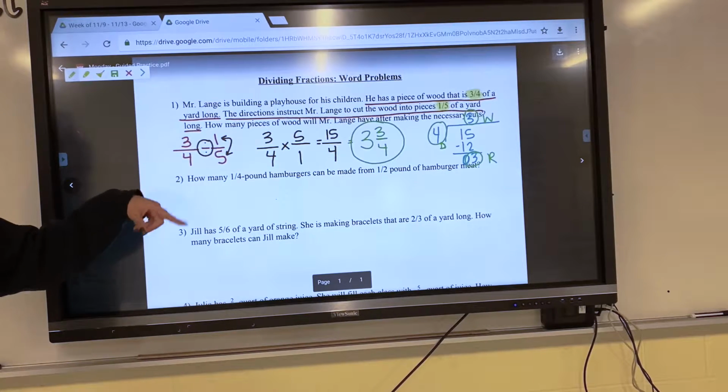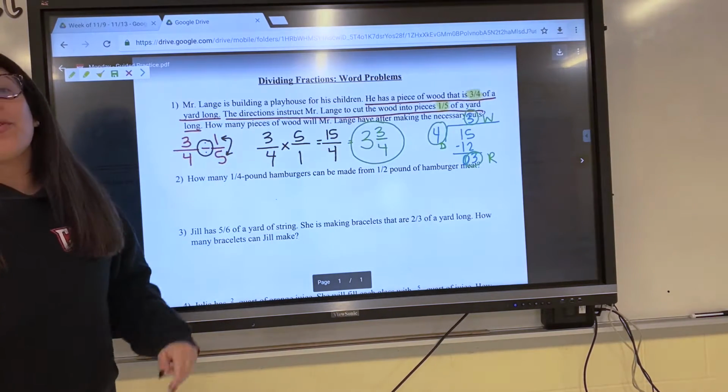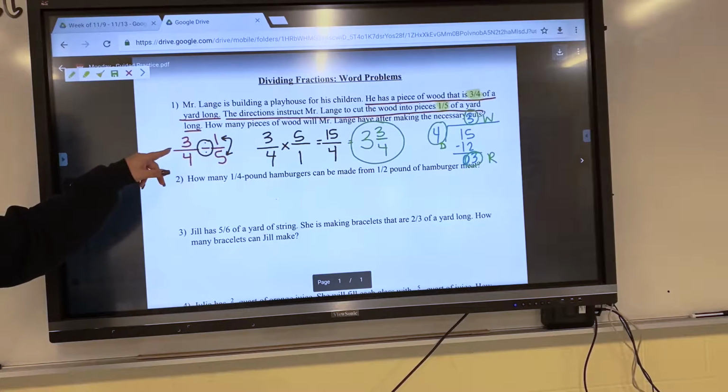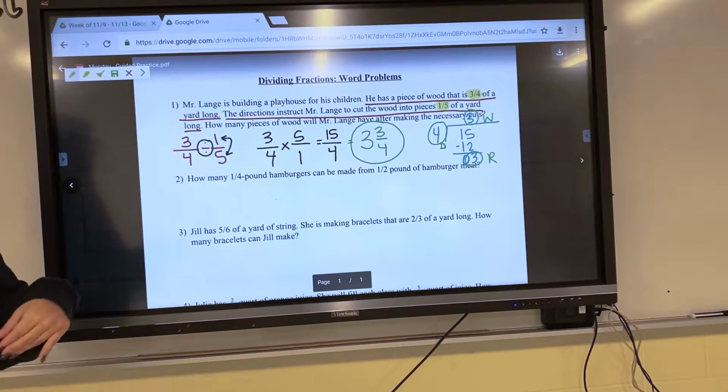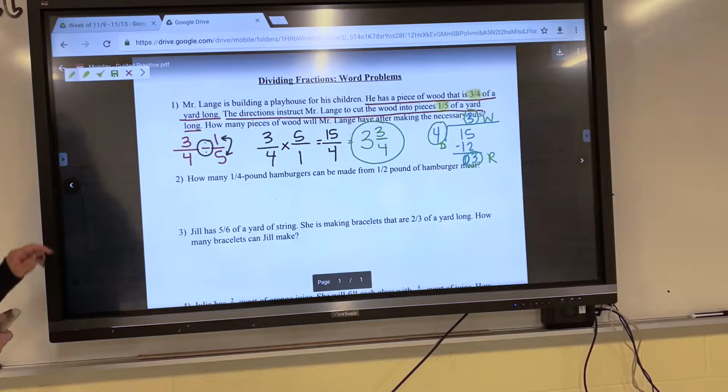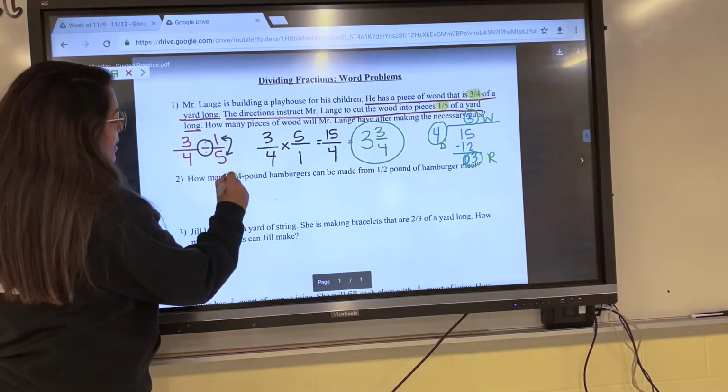Or no, how many pieces of wood? Just kidding. He can make 3 3/4 pieces of wood. So that's why you gotta make sure you read the question or you're gonna get the wrong answer. But it's 3 3/4. All right, number 2 says, how many 1/4, I'm going to highlight that because I think that's gonna be important for me,